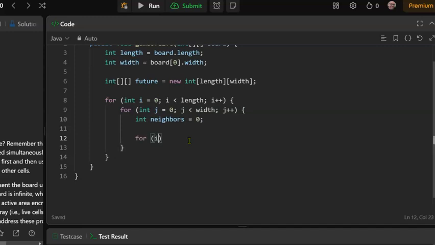Nested loop. I need more index names. Let's just call it ii. It's going to start at -1. It's going to go from -1 to 1, both the row and the column, and that's going to allow us to process all the cells in the 3 by 3 matrix relative to the current cell. So ii equals -1, ii is going to be less than or equal to 1, ii increment,